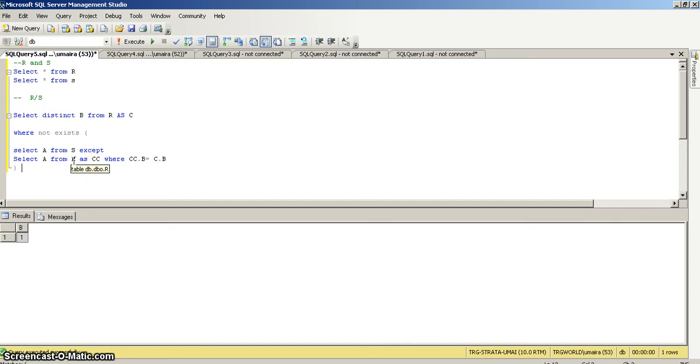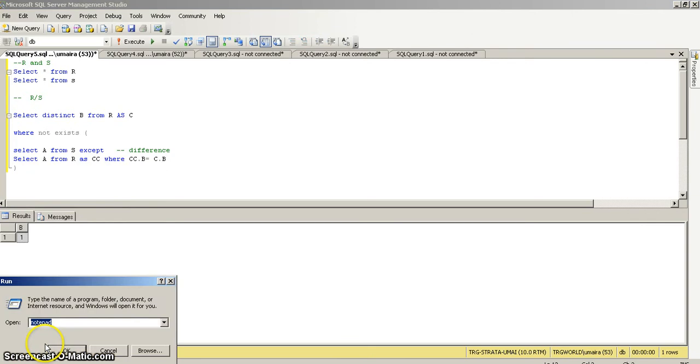Okay, so let's now go with the working of this query and see how it works. Since it seems to be a very complex query where it has a subquery portion, and it is also using the NOT EXISTS clause and the EXCEPT clause, where except is just a difference operator, it will just make the difference of two relations. Okay, so to discuss the working of it, let me show you the notepad.